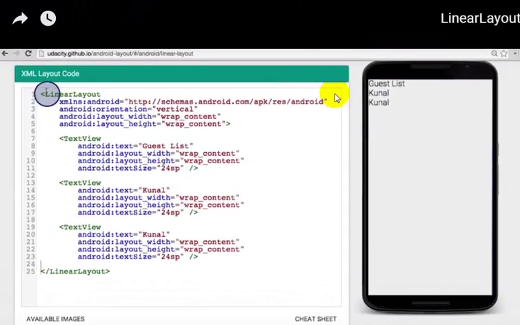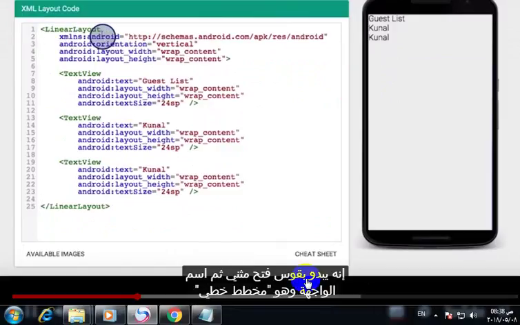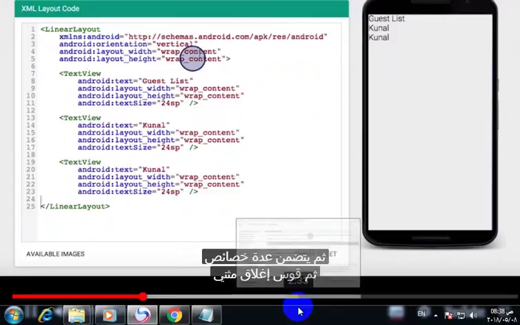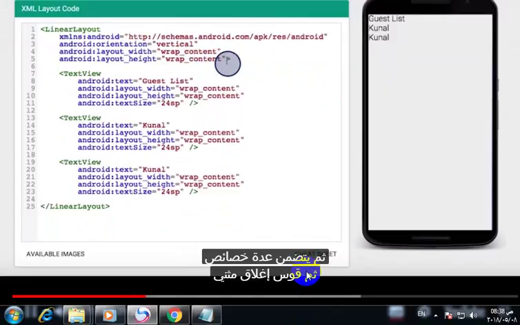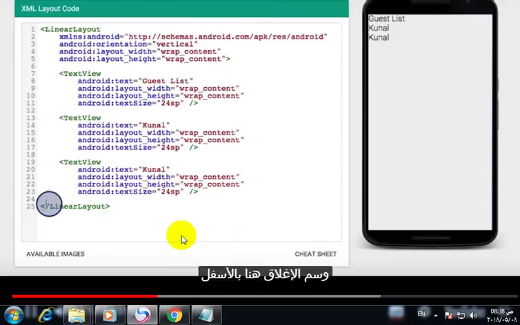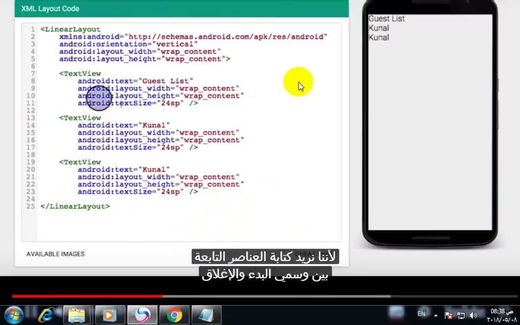Now let's look at the code more closely. It starts with an opening angle bracket and then the view name, which is linear layout. Then it lists a bunch of attributes and then there's a closing angle bracket. Notice that there's no slash because this is just the opening tag of the linear layout. The closing tag is all the way down here because we want to insert children elements in between the opening